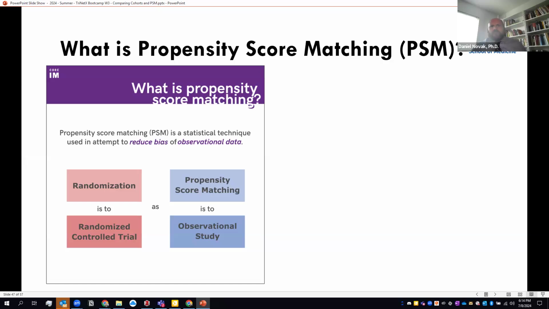Next up, I want to talk a little bit about propensity score matching because I've made reference to this probably 10 times already. But let's talk about what is propensity score matching. I found this really great graphic on the internet from the Core IM website, but they compared it to randomization in an observational study, if randomization is to a randomized controlled trial,